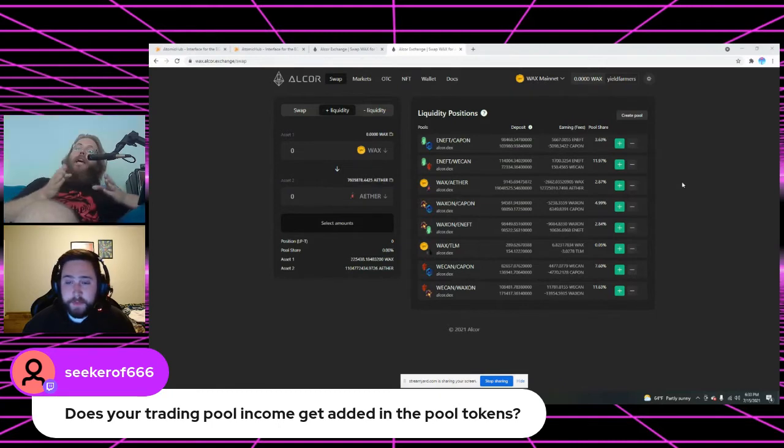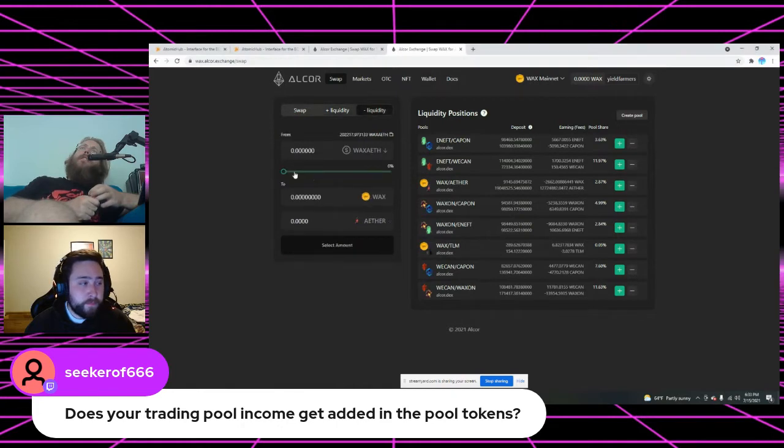As every trade happens, the new balance of the pool is basically the balance it was before plus the 0.3% from the last trade, and that now moving forward will be the total value of the pool. Your ownership of that total pool is represented by those tokens that are in your actual wallet. Mark, if you hit the minus liquidity button on that again, it's those tokens at the top, and you see when I pull it out, it's equal to both of them combined. Yeah, and then if you go to the wallet tab again,